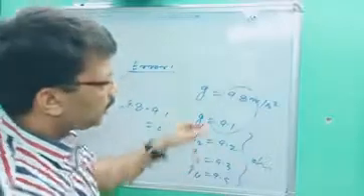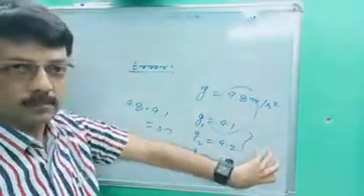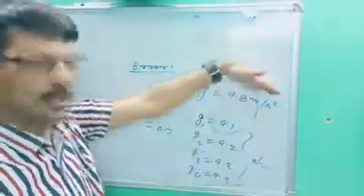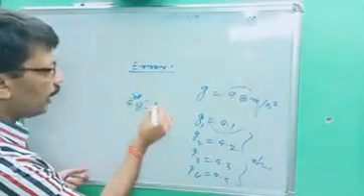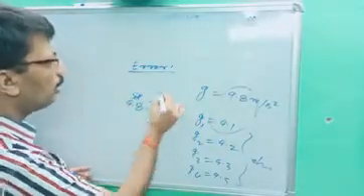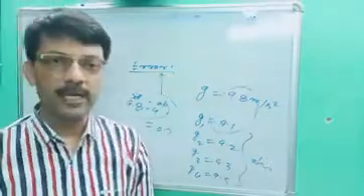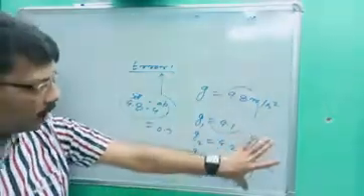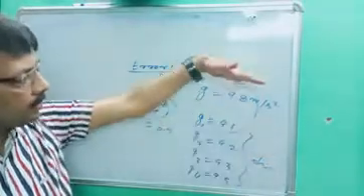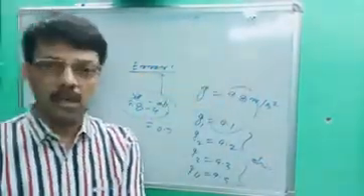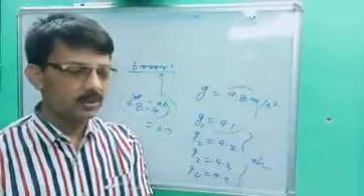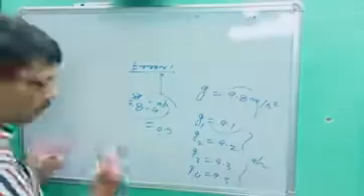It means when the observed value doesn't match the standard value, the difference between the standard value and the observed value is called error. Are you getting it? When the observed values don't match the standard values, the difference between them is called error. In your syllabus there are 2 types of error.